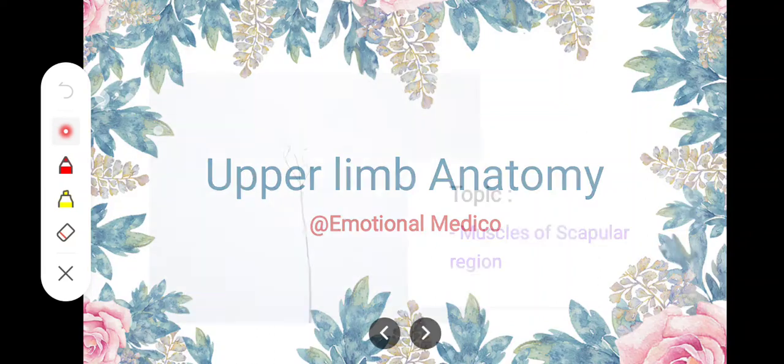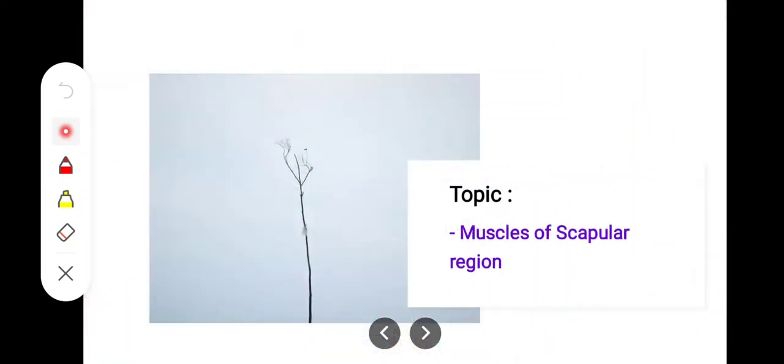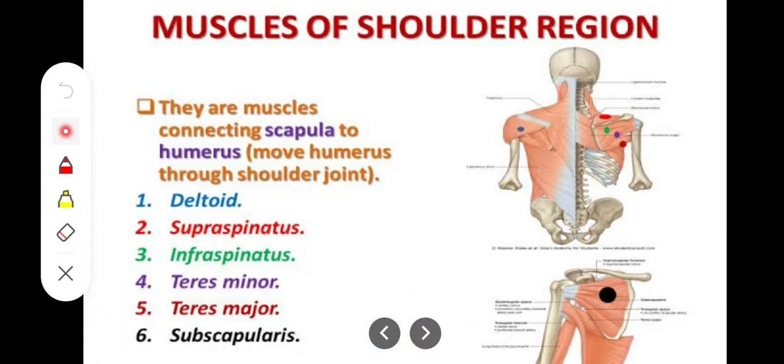Okay, so in this video we'll take a look at the muscles of the scapular region. Now, what is the scapular region? It's the shoulder region. The muscles which are associated with the shoulder region are called the muscles of the scapular region. Now, there are 6 muscles of the scapular region, excluding the deltoid, which we will deal with later in the